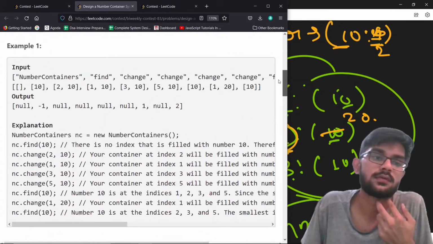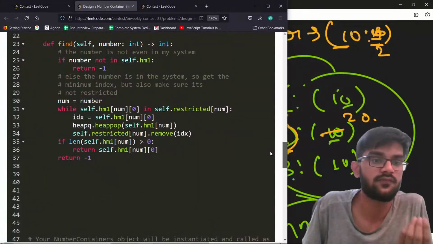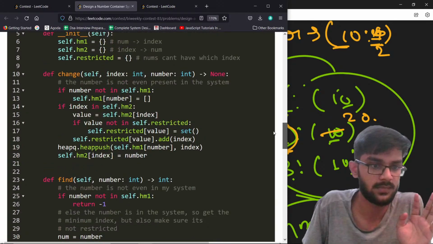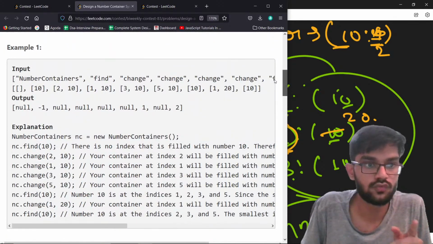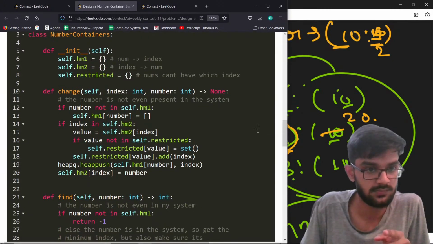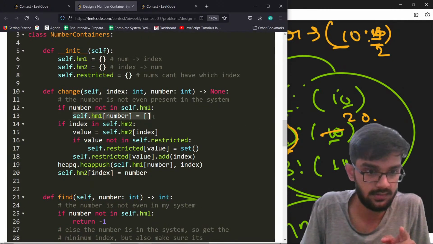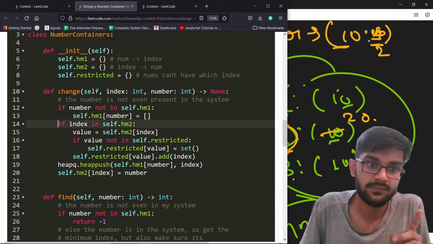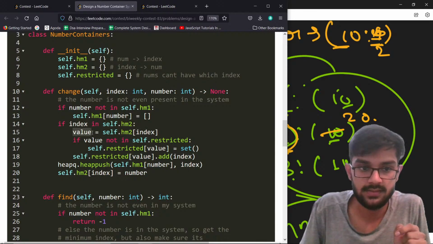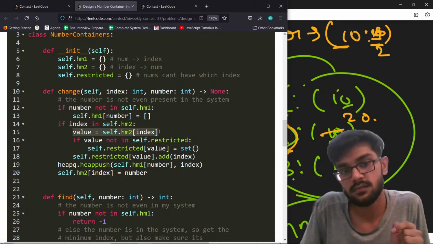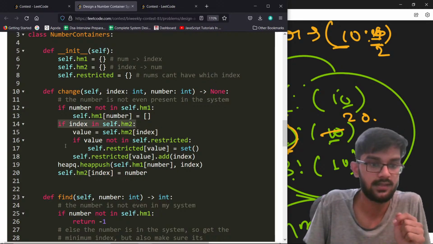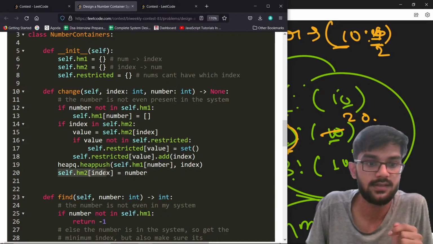So let's say 10. I'm saying that if number not in self.hashmap1, return -1. So I think -1 is running fine. Then it's happening for 2 comma 10. When 2 comma 10 comes up, I'm saying if number 10 not in self.hashmap1, then this will happen. It's great. If index 2 in self.hashmap2, no, it's not there, then the value is okay. So 2 is not there, right? In that case, I'm saying